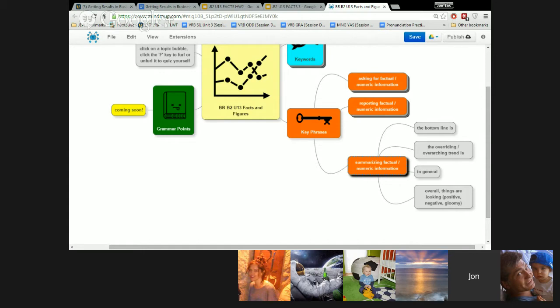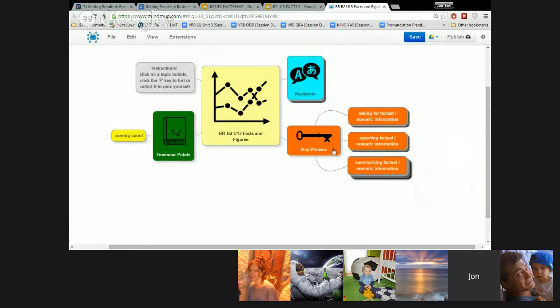To sum up, could be summarizing. Absolutely, yeah. To sum up is to summarize. There's a lot of general connectors we can use. I just tried to pick the ones out of the material that you already heard, just to refresh your memory. But yeah, there's a lot of things you could say. To sum up, all in all, at the end of the day, whatever. There's a bunch. Those were the key phrases from yesterday.